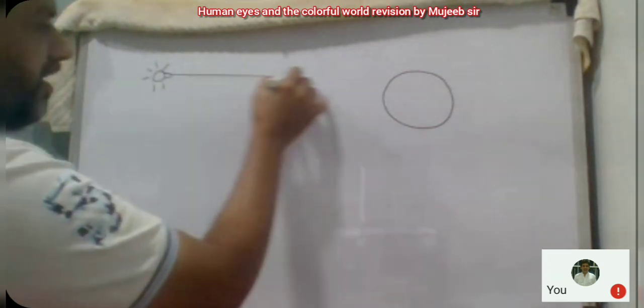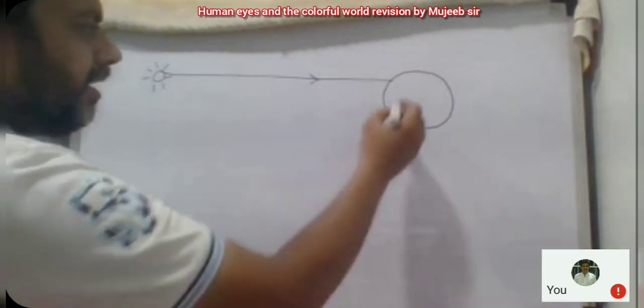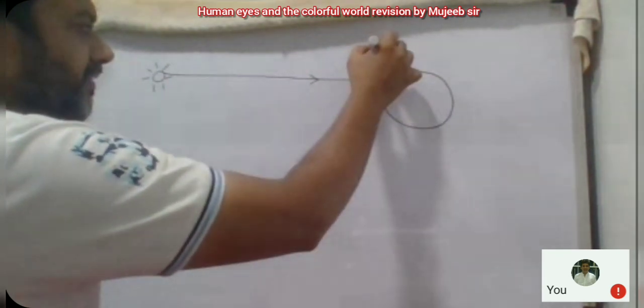Okay, then when the white sunlight coming from the sun strikes this tiny droplet, first it refracts. Refracts means